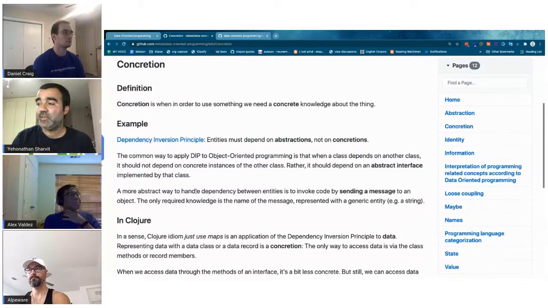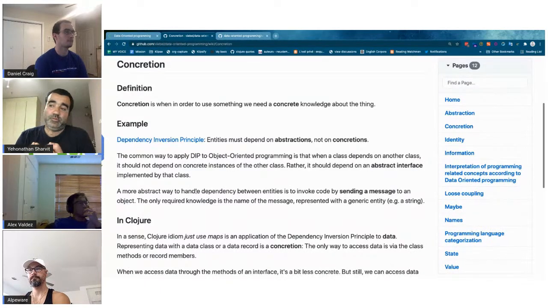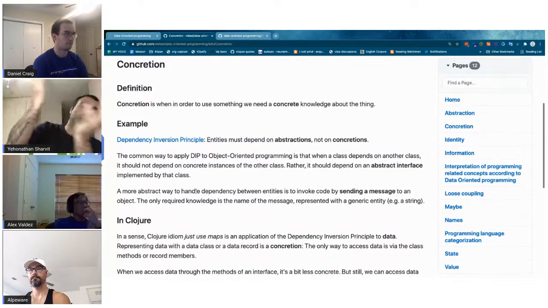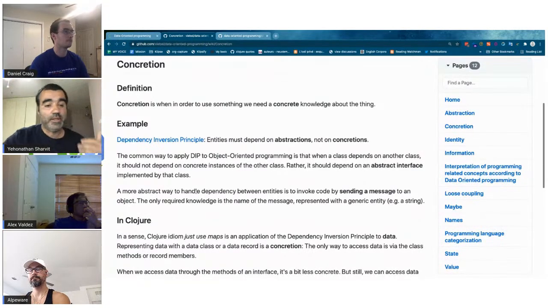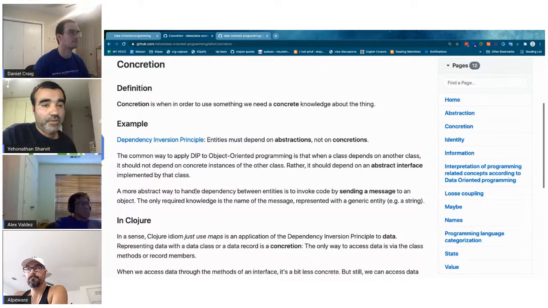But it's more that in order to use any method or any object, you need to include all the class definition. While in JavaScript or in Clojure, you have the function and you pass data to the function. So in this sense, it's more abstract. It's not concretion. So I don't know if I'm clear enough. Let me know, guys, if you get the idea.